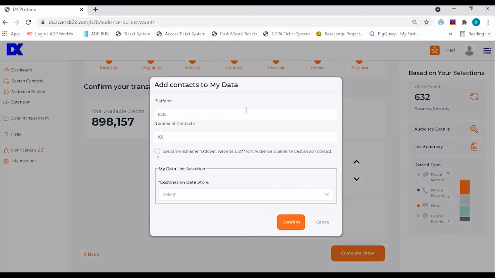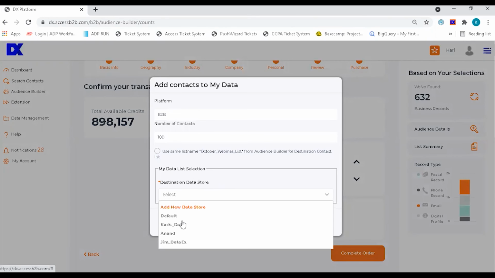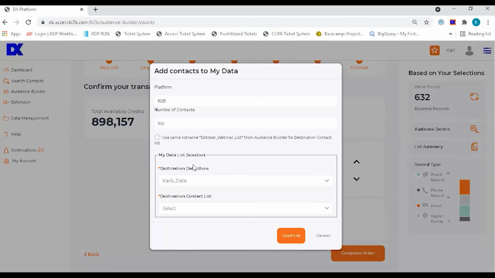We have one last opportunity to adjust that quantity, as well as specify which list this data will go to. Now, we already gave it a name at the start because we don't always have to check out when we are trying to build an audience. We can save it for later and reload it later and continue our work. In this case, I could click this to add a new list with that very name. In this case, I'm going to add it to that same October list that we added David and Vincent to